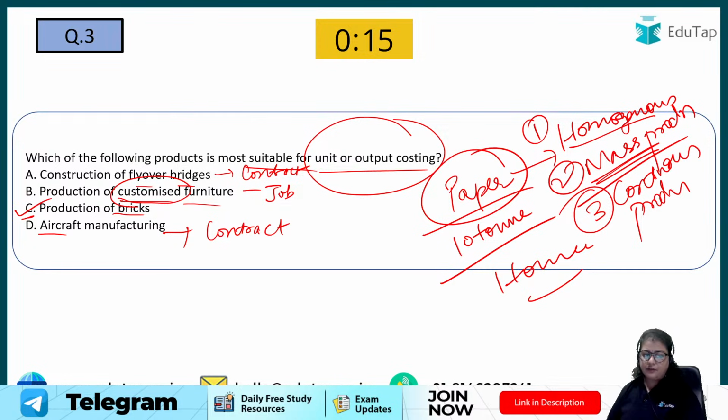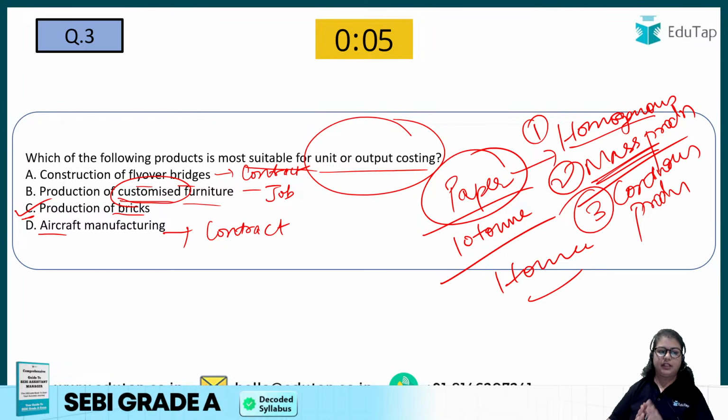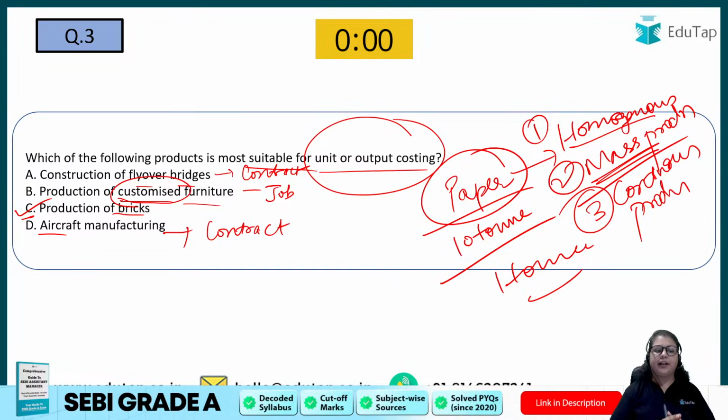For aircraft manufacturing, yes, multiple costing can also be used. So you are right. Multiple costing can also be used in that, because there are different parts in it. So that is right. But here we are talking about just unit or output costing. So clearly you can find out the answer, right? So then